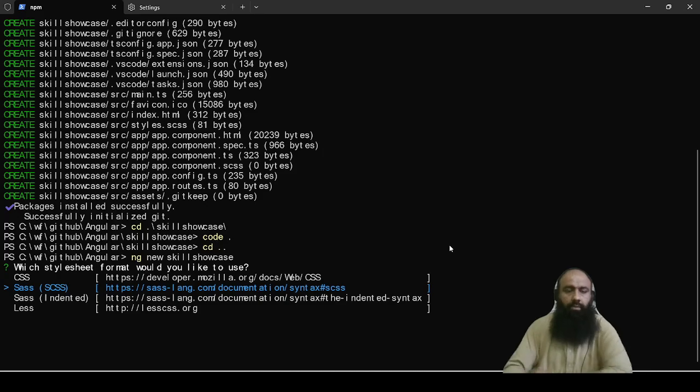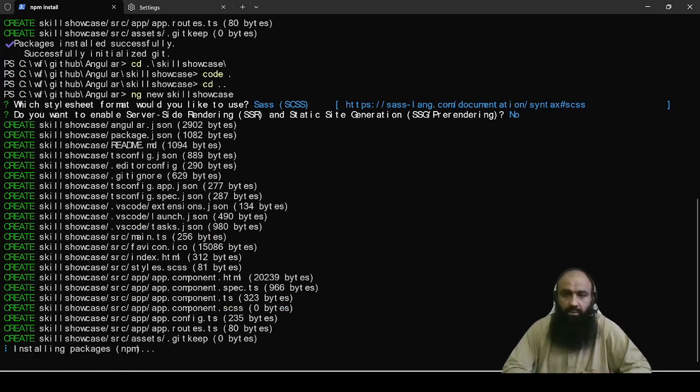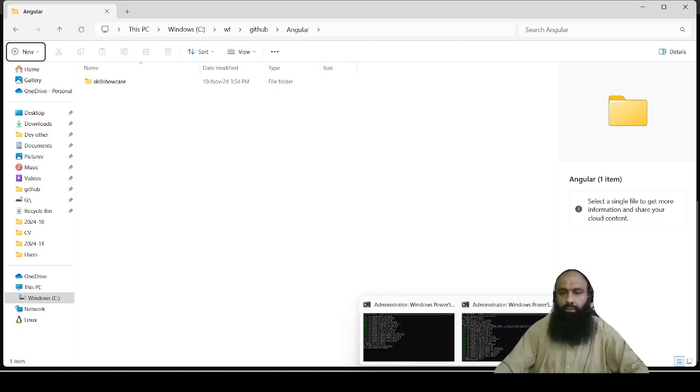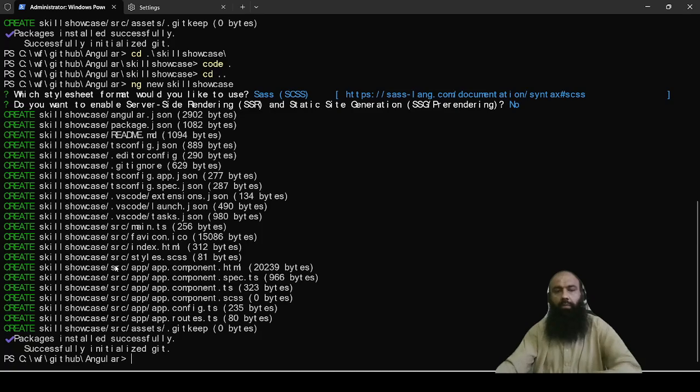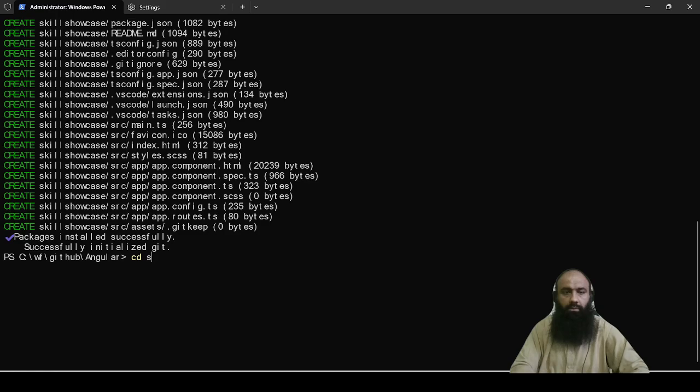Okay, so we are going to select CSS, and as we are not going to enable server-side rendering for this, I'll be choosing no. So it will take a while to create the app. Okay, so the app has been completed. So let's just navigate to that specific folder,